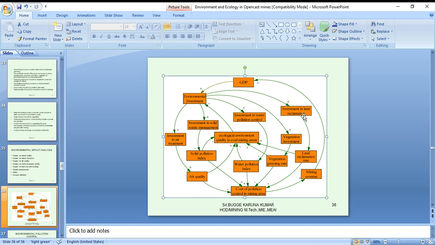Again, that will be investment in the land reclamation rate, cost of pollution control in mining. So these are the costs of the pollution control. Our revenue also goes and again comes back. This is a cyclic operation. Complete cost of pollution control. How our money goes back to the cost of the pollution control.